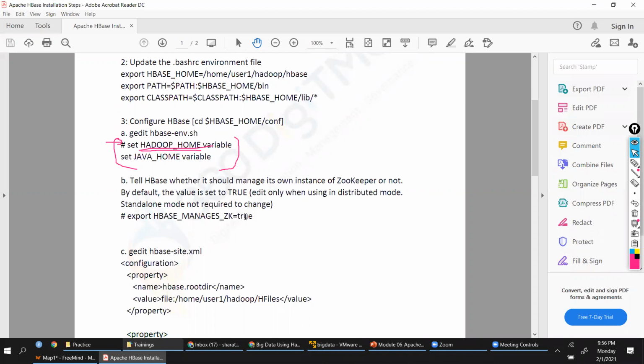You can say false. That means you are manually setting HBase services to a pre-installed zookeeper. If you say true, which is the default value, HBase comes with a zookeeper and it is automatically configured to manage your zookeeper. It is commented because we are doing a standalone installation. You don't need to edit anything in that variable. You can ignore it with the default settings. Default is true.